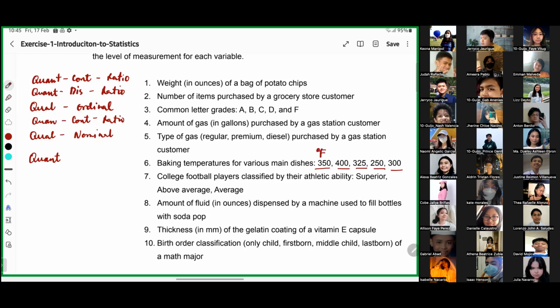Now, naka-specify yung temperature. Yes po. So ibig sabihin, this is quantitative. Medyo tricky to, no? Pwede ba tayong mag-bake, for example? Oh, sure. Pwede ba tayong go in between? For example, 350 to 400. Can we go in between? May ganun bang meron ganun bang